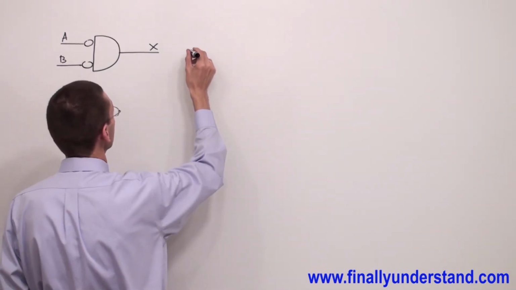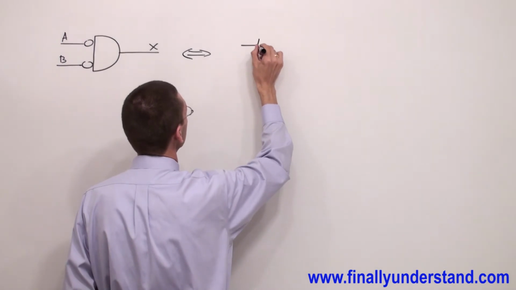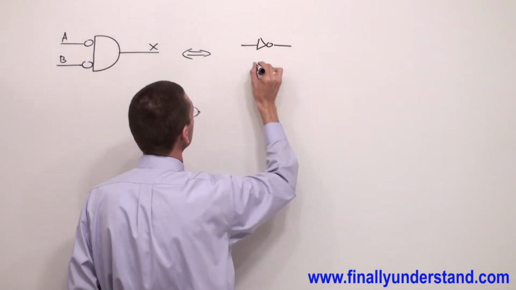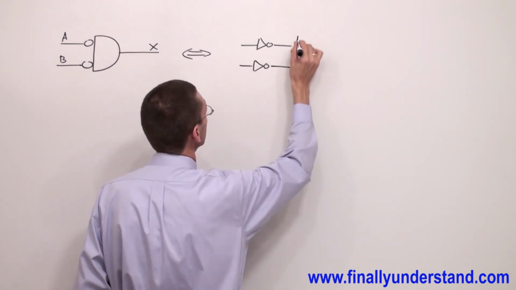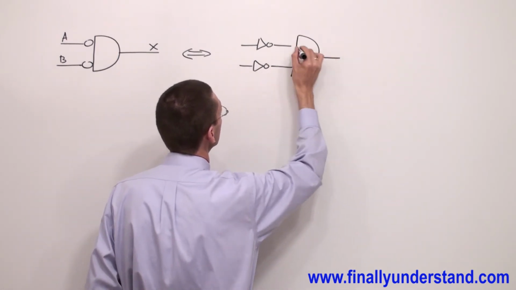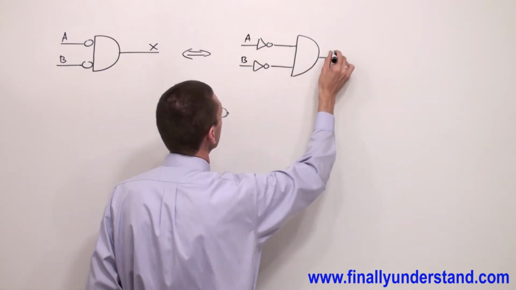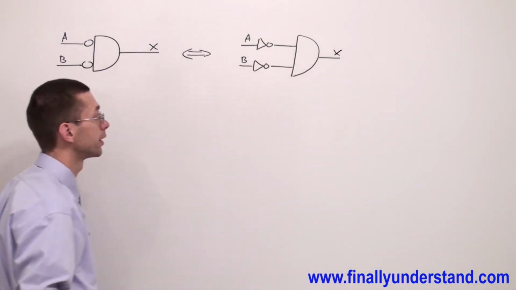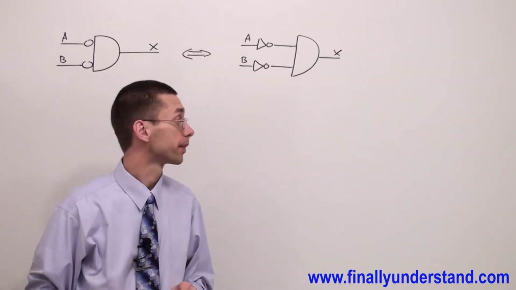You can redraw it and simply have something like this with two inverters and AND gate. This is called negative AND. A, B, X. Next, we're supposed to find the truth table of this